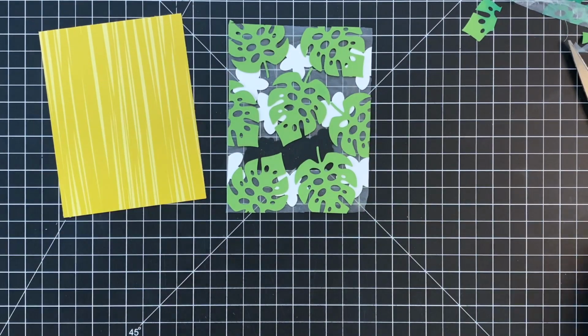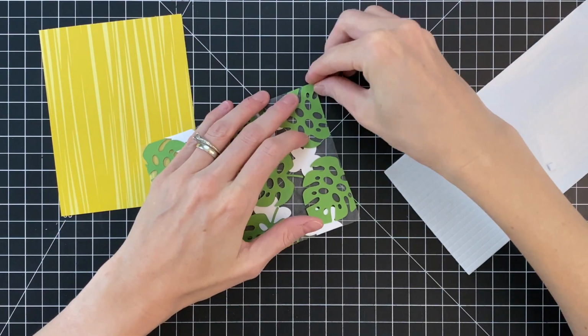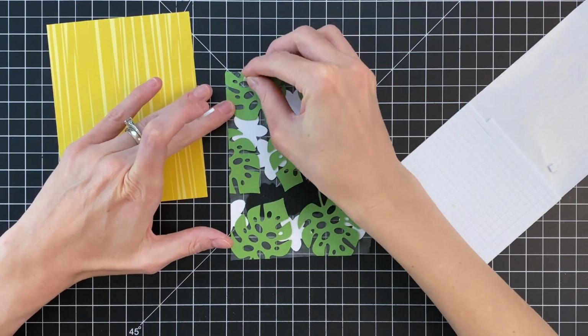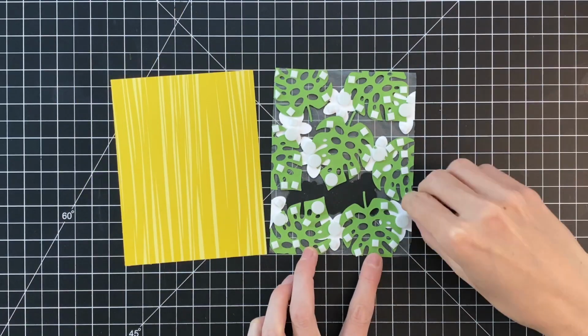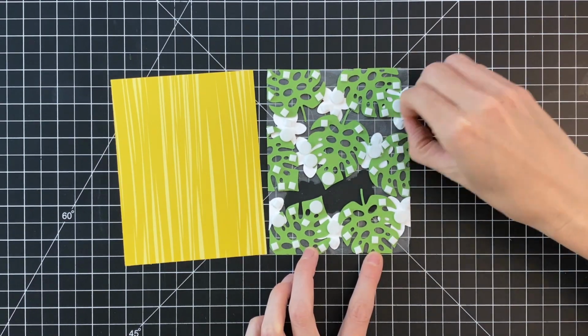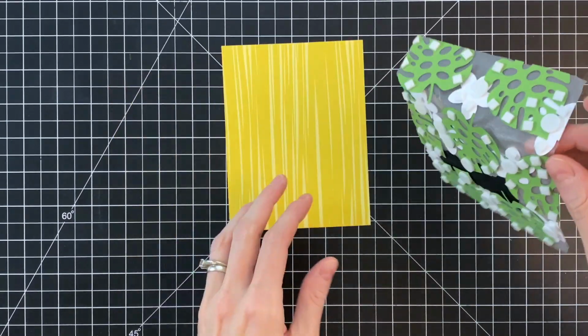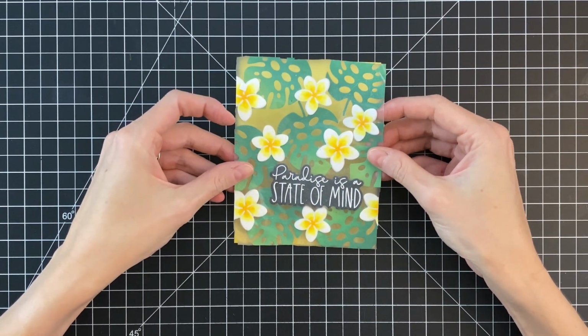So now I've trimmed all the overhang, flipped my panel of die cuts over, and now I'm going to add the dimension. I have these small squares of craft foam, and I'm just going to add them all around my leaves and flowers. Once I have all the foam and even some foam dots placed around my die cuts, I'll then remove the backing, and then I'll carefully flip this over and position it right onto that panel of